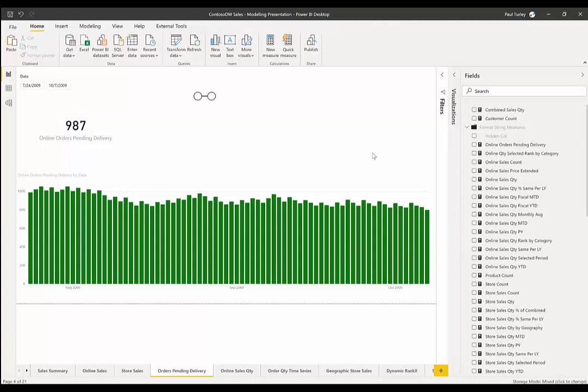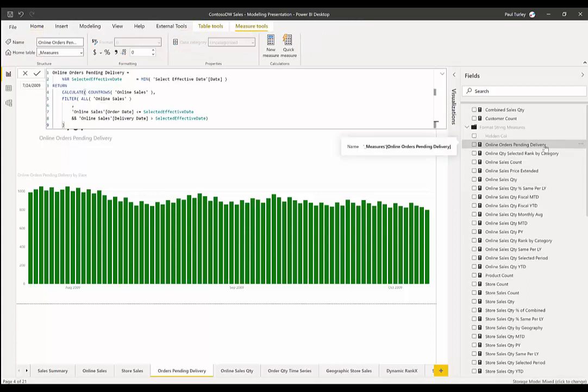the orders have been placed. And then for each day in this column chart, you can see that I have 892 orders on 8/14. Over here you can see that on 9/10 I had 888 orders. So how do we do this? Well, let's start by just taking a look at the measure, and then we'll talk about the mechanics of the data model that supports it.